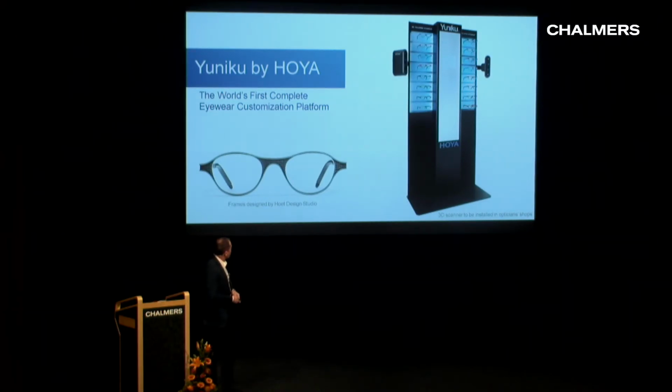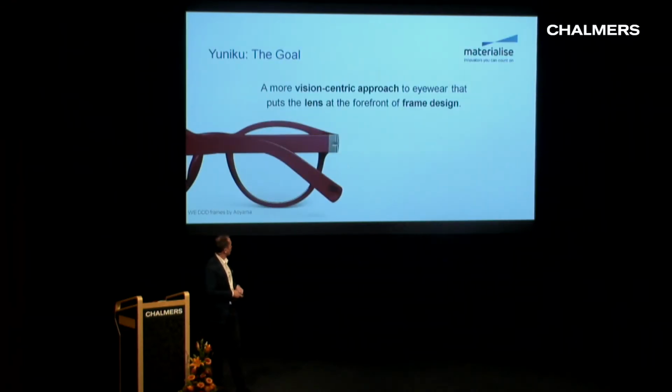Another example is the Unico system that is developed together with Hoya. Hoya is a lens manufacturer, supplying lenses to all different kinds of eyewear manufacturers. They wanted to have a more vision-centric approach to making eyewear. And what does this mean? It means that